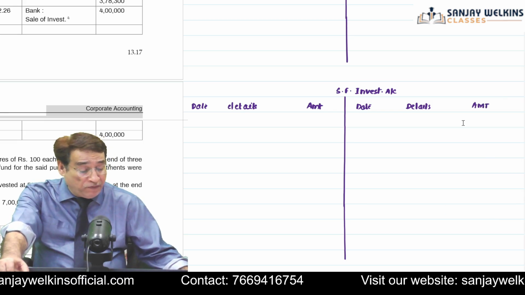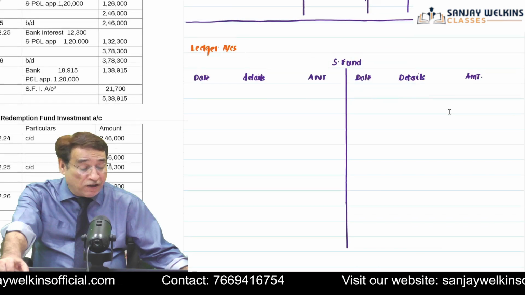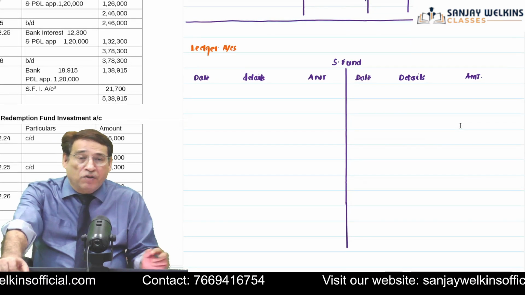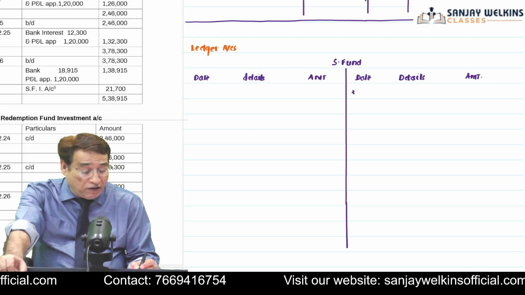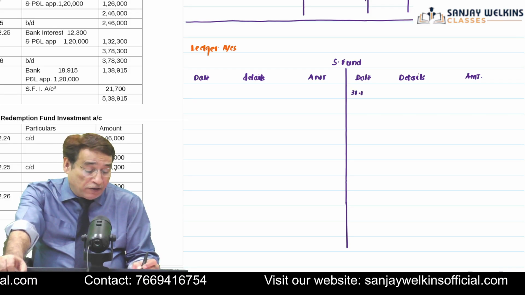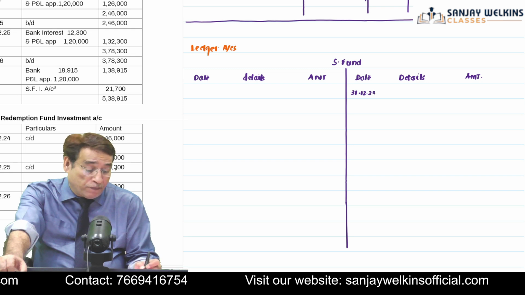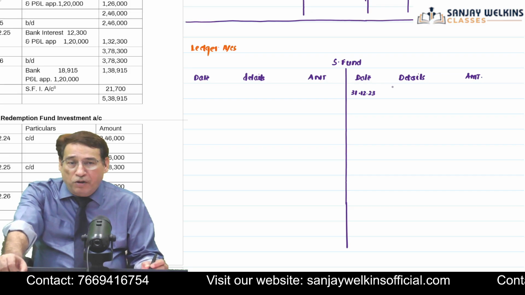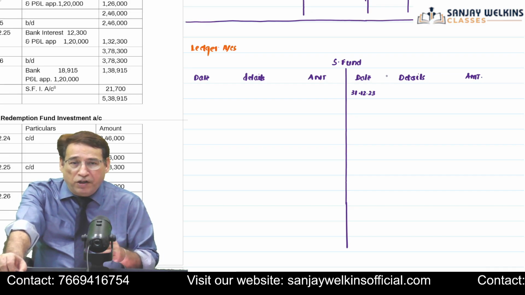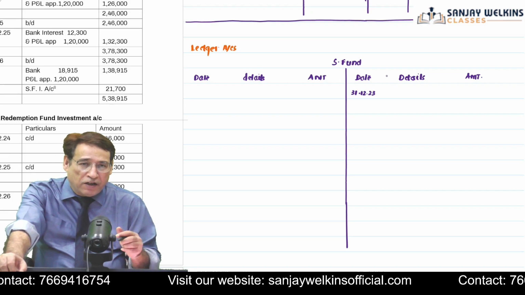If you are going to cram the entries, you will never ever be able to learn it. The best way is that you should understand that when you are going to reach the end of the first year, the first year will end on 31st of 12/2023, as I have already told you. Is it clear to you? You have to think logically in the sense I have already told you that at the end of the first year, you are going to transfer a part of profit to sinking fund.